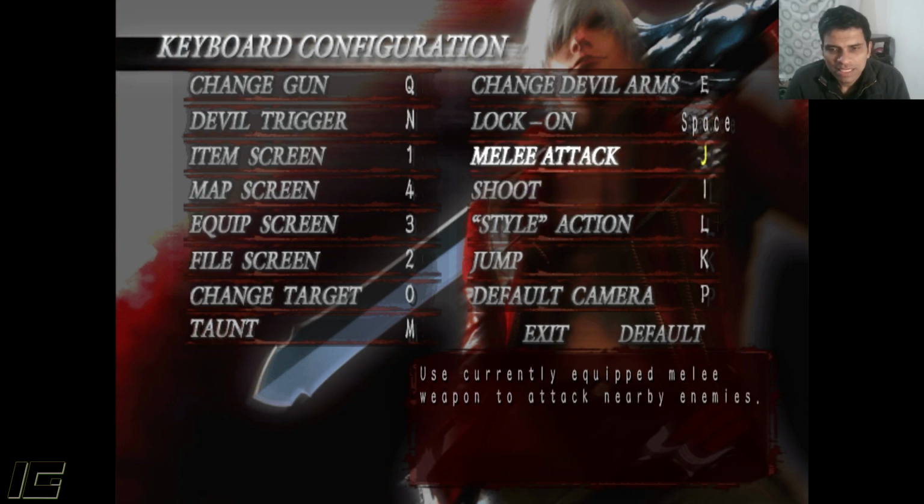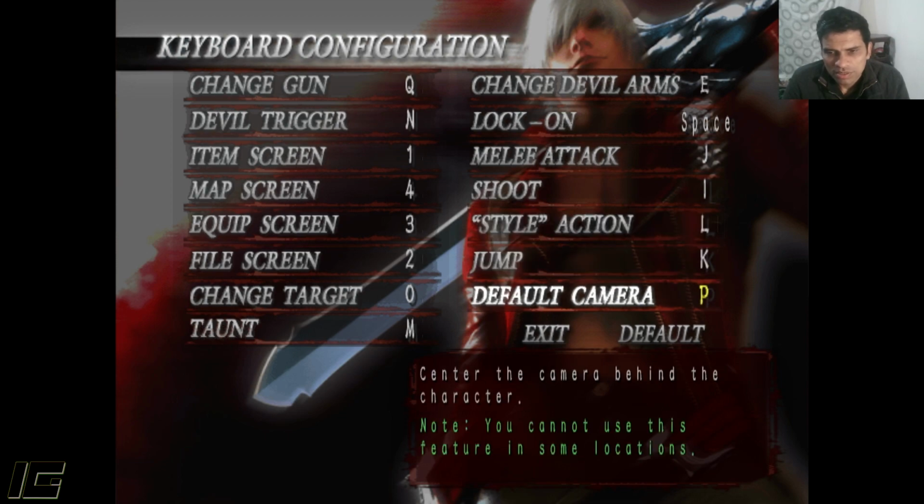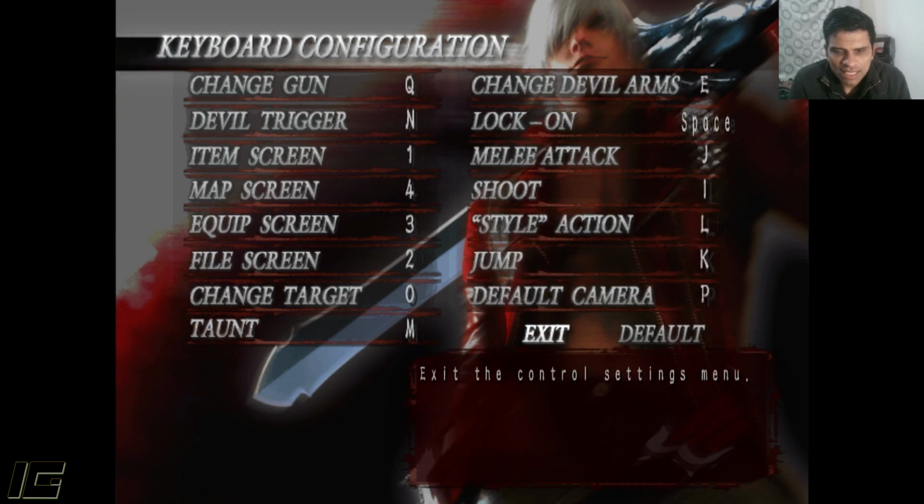You get the idea. Melee attack and shoot replaces, so you can shoot with the J key once you are using style switcher, and you can melee attack with the I key instead. That's what I like to do. I like using the style switcher mode, but just to show you guys what are the basic default controls on the original version, these are the controls. You get the idea. Let's exit this one by pressing the K,